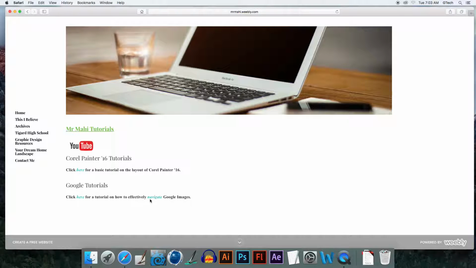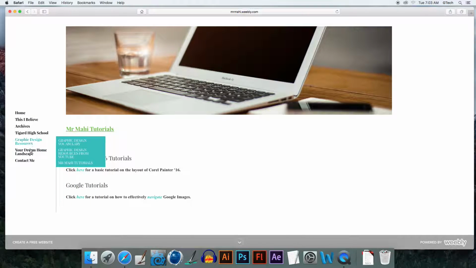I'm not going to click on it, but this teaches you an easier way to navigate more images in terms of graphic design. You can click here and you'll find that really helpful.